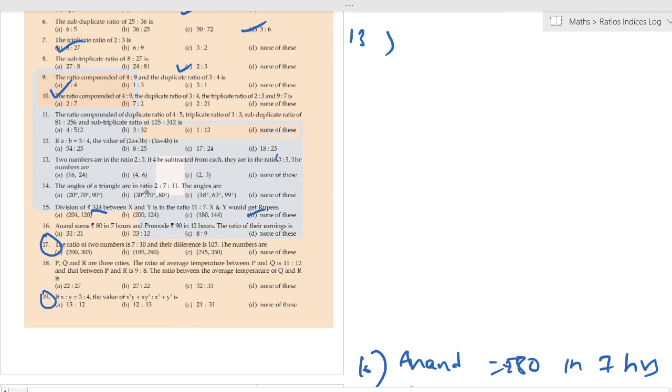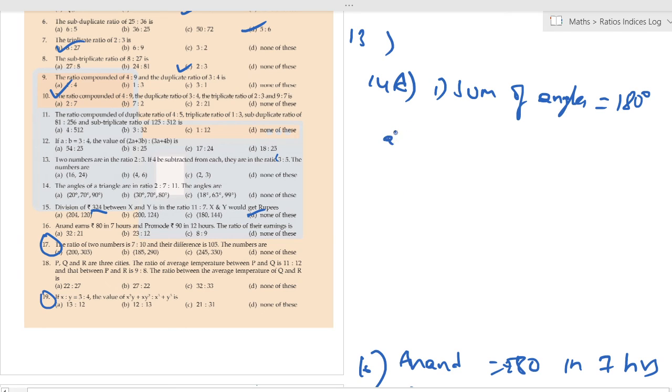The angles of a triangle are in the ratio of 2:7:11. First, what is the sum of the angles in a triangle? The sum of angles in a triangle is 180 degrees. So we need to check whether everything in the options is 180. If we add all the angles, it should become 180. 20 plus 70, 90, 90 plus 90, 180. Yes, it is satisfying. 30 plus 70, 100, 100 plus 80, 180. It is satisfying. 18 plus 63 plus 99 is also satisfying. So everything became 180. The only thing we need to see is whether they are in the ratio of 2:7:11.